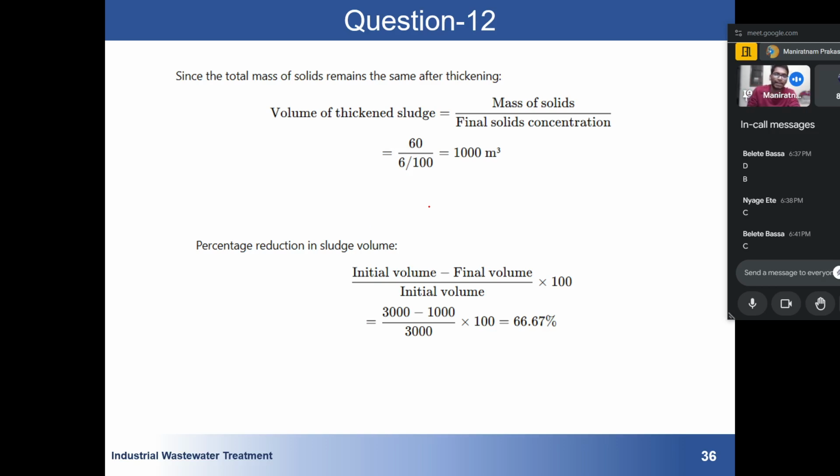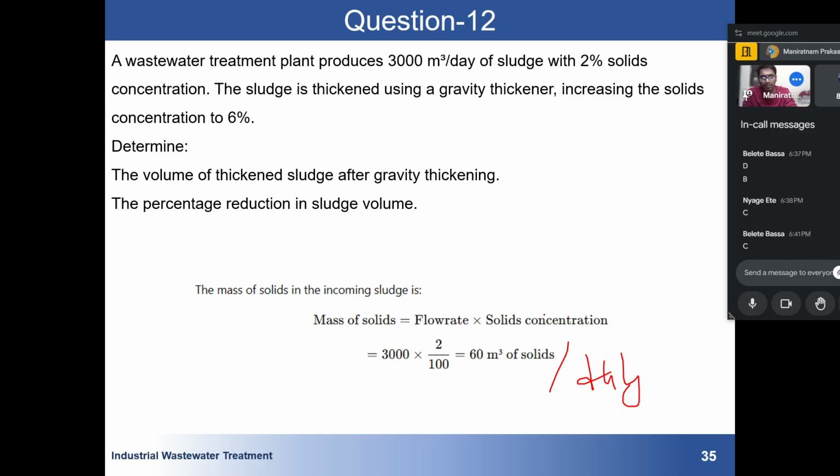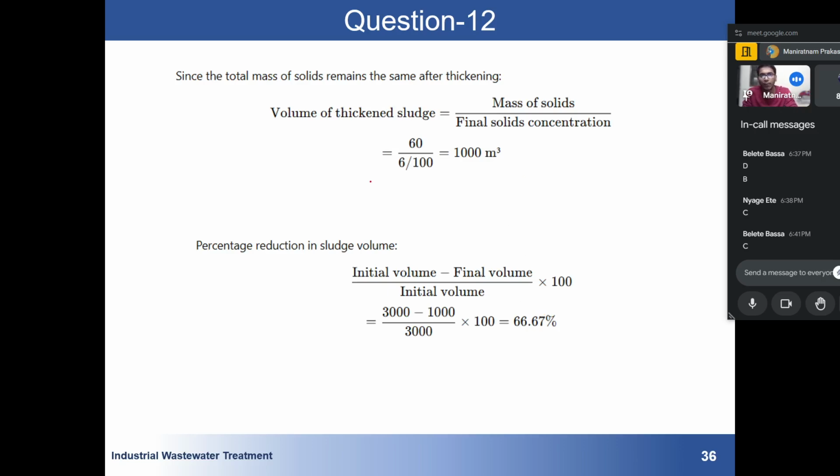Since the total mass of the solid remains the same after thickening, this mass of the solid will remain constant. So the volume of the thickened sludge will be the mass of the solid divided by the final solid concentration. Finally, we have 6 by 100, and the mass of the solid is fixed, that is 60. Then the volume of the thickened sludge will be